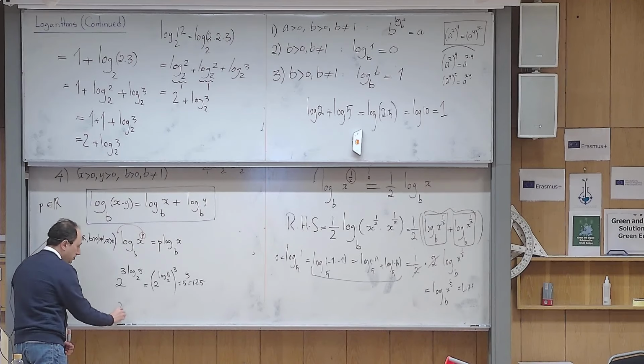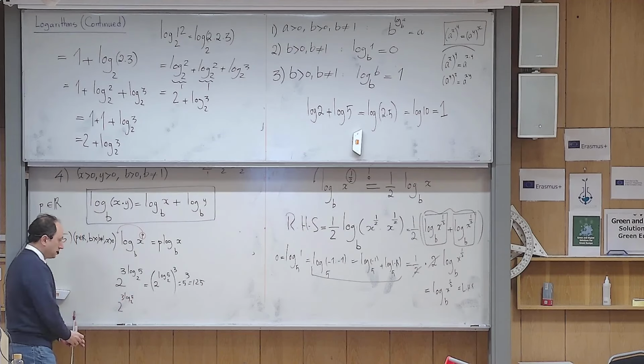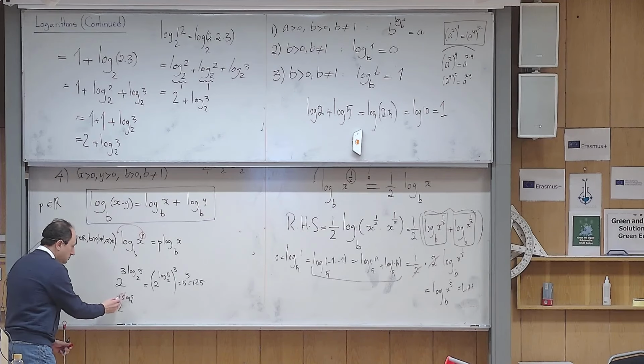So 2 to the power of 3 log of 5 to the base 2. So what can I do now? Yes? Move the 3. This is my,